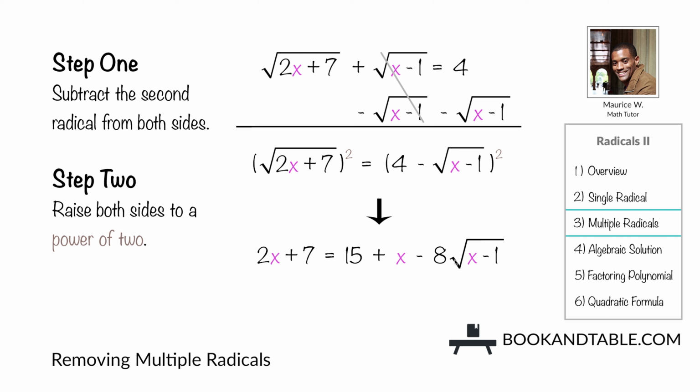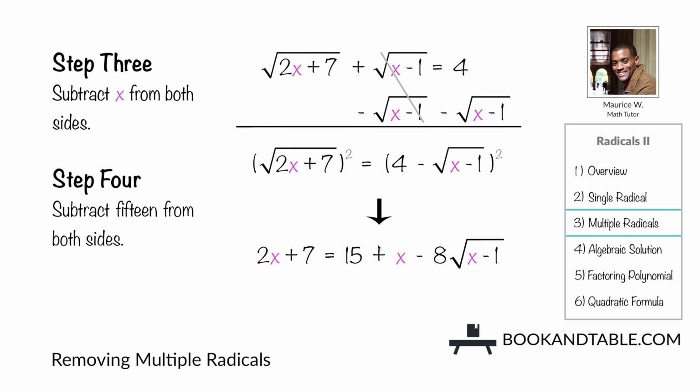And now we want to isolate this second radical and do the same thing we did here. So again, we're going to move the terms on the same side as our radical sign to the other side. That way we can isolate this radical. So step 3, subtract x from both sides. And step 4, subtract 15 from both sides. When you do that,